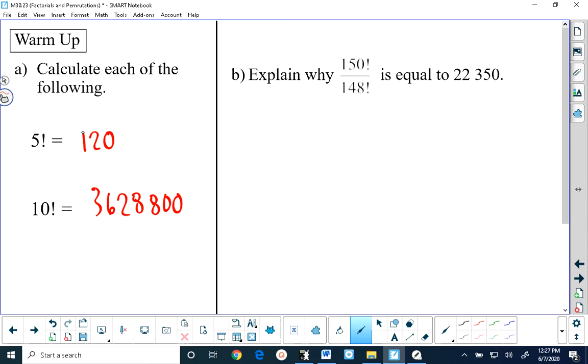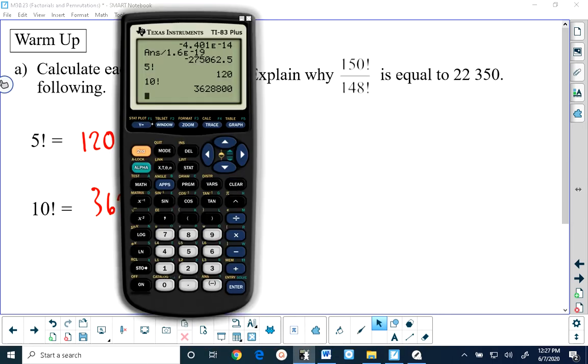And the only reason why I have this in here is to get you used to using your calculator with the factorial. Now explain why 150 factorial over 148 factorial is equal to 22,350. I want to show something to you right now that if we tried to do this on our calculator, what would happen? 150 factorial divided by 148 factorial